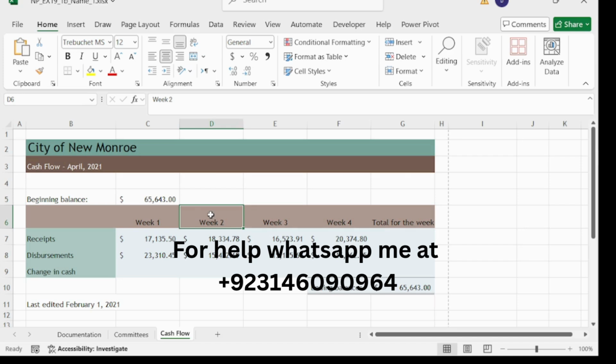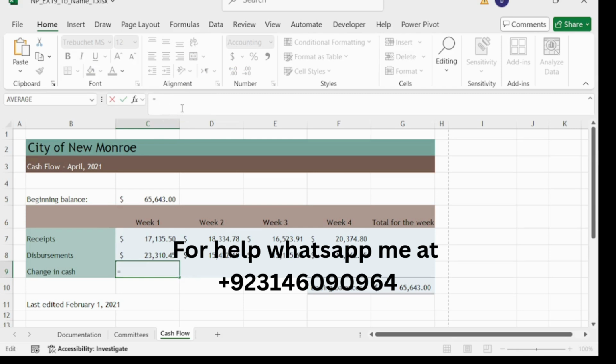And our step number 16 is in cell C9 enter a formula without using a function. In C9, this is C9, enter a formula. So is equal to, to determine change in cash in week 1 by subtract